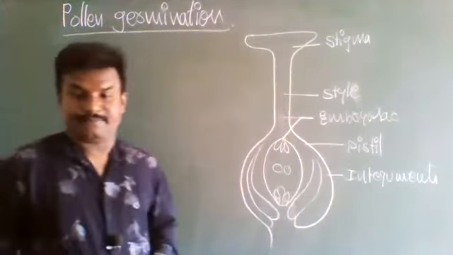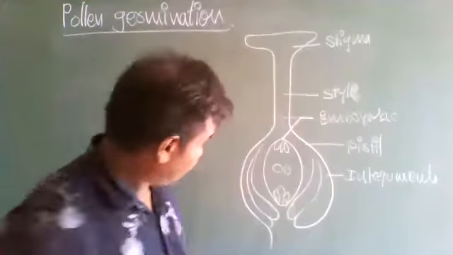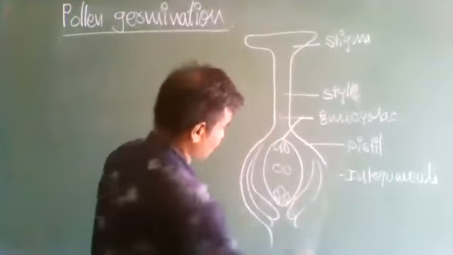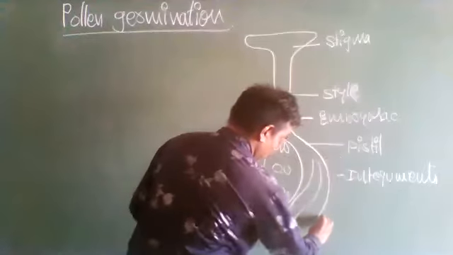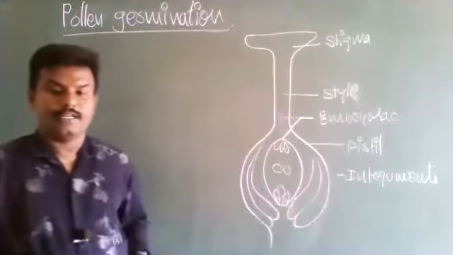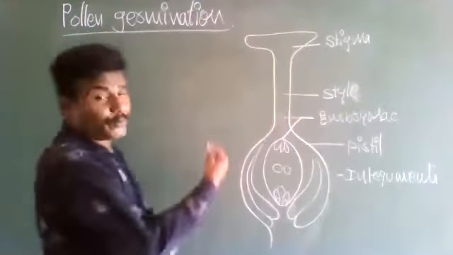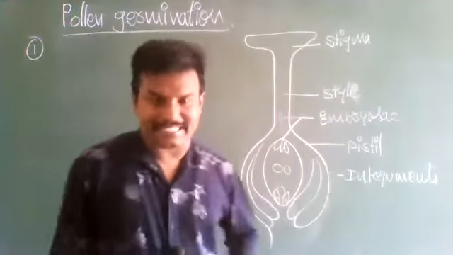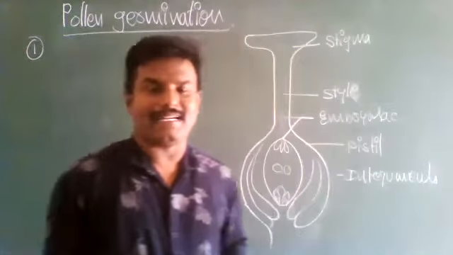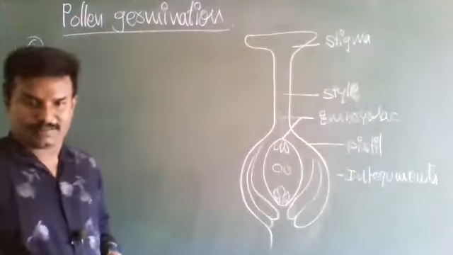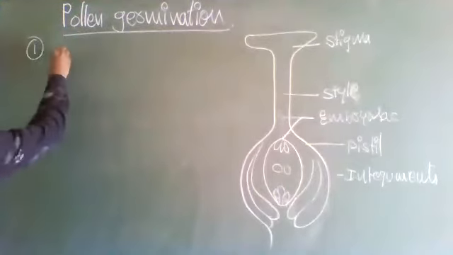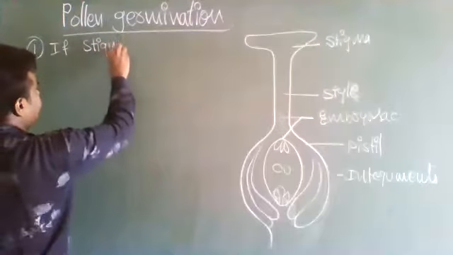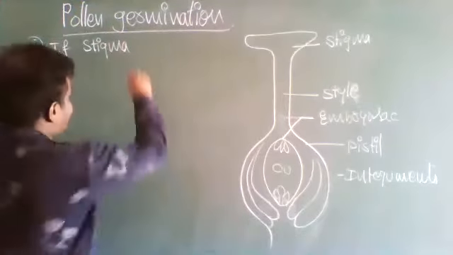So this is the diagram. Okay, see, when the pollen grains, see here, after successful pollination, the pollen grains begin to germinate. Okay, so if stigma